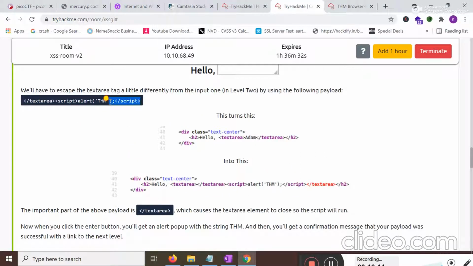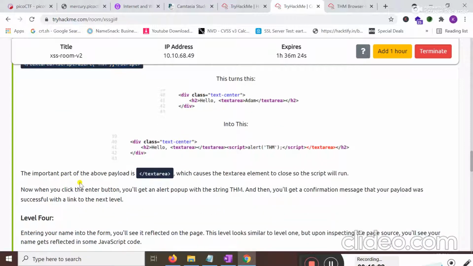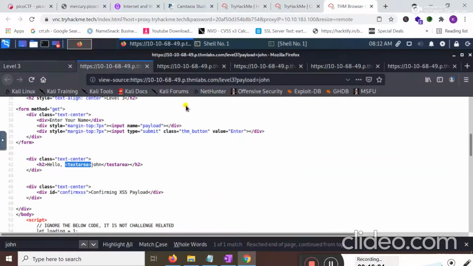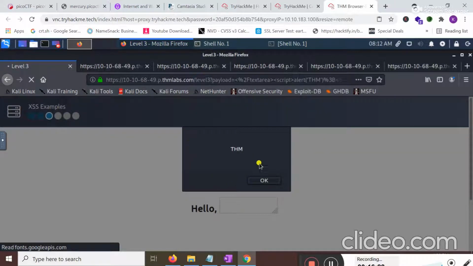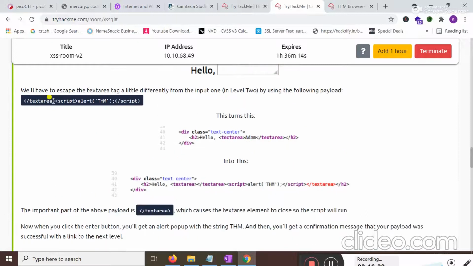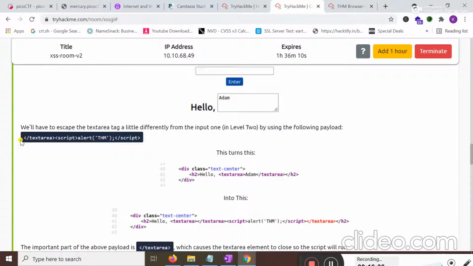I'm going to copy this from here, put it in and click on alert. See here, it successfully pops up. It means this malicious code is successfully executed. In this way you can actually escape the textarea tag.